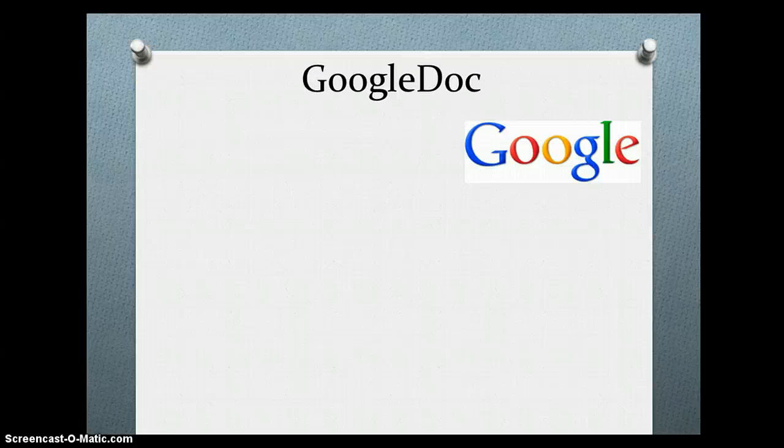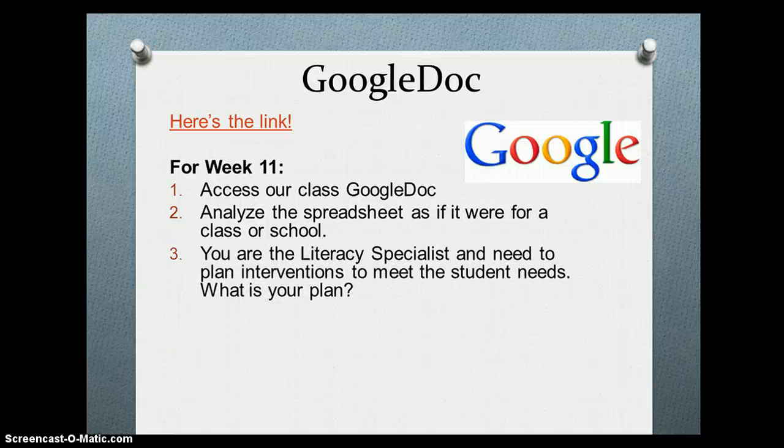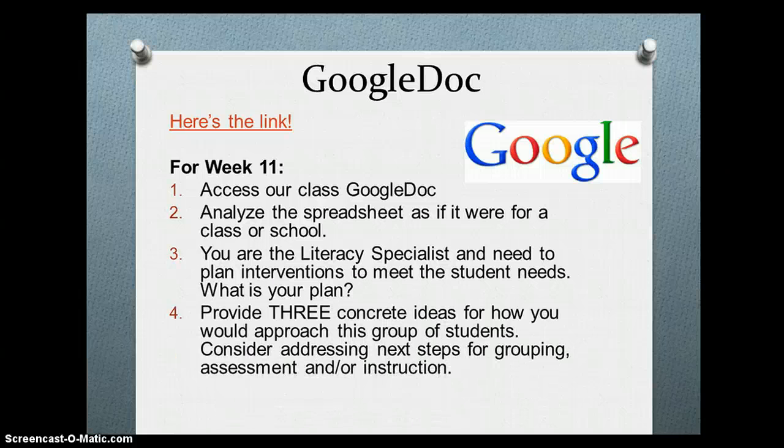So the participation activity this week is going back to that Google Doc. There's the link. It's also in your checklist. For week 11, what you need to do is access the Google Doc and analyze the spreadsheet as if it were for a class or school. Then you, as the literacy specialist, need to plan interventions to meet the student needs. So what is your plan? I want you to come up with at least 3 concrete ideas for how you would approach this group of students. Consider addressing next steps for grouping, assessment, and/or instruction, and then you will post your response